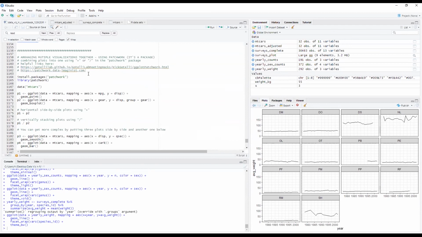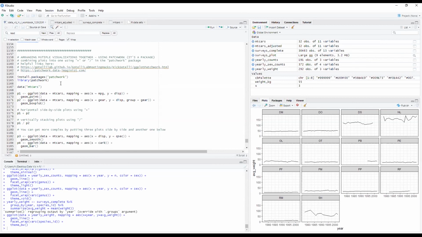How to arrange and export your visualization. This is obviously very important. You've done your visualization, you're happy with it. You might have multiple visualizations that you want to put side by side. You want to export it as a PDF or a PNG or whatever file format that you want. It needs to be a certain size maybe. And you want to get a good quality so that you can put it in to be printed or published maybe.